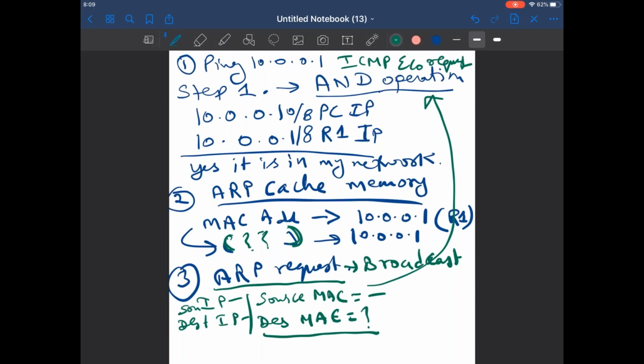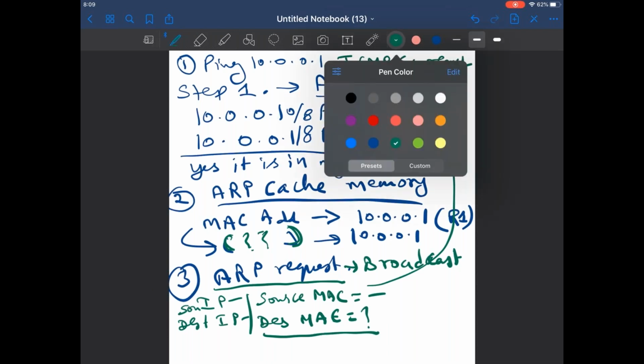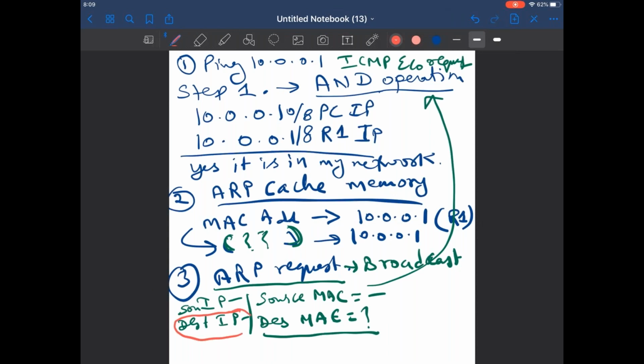It is a broadcast request, so it will be received by every networking device, and everyone will discard this request, but the destination IP address 10.0.0.1 will accept this request because the destination IP belongs to R1.